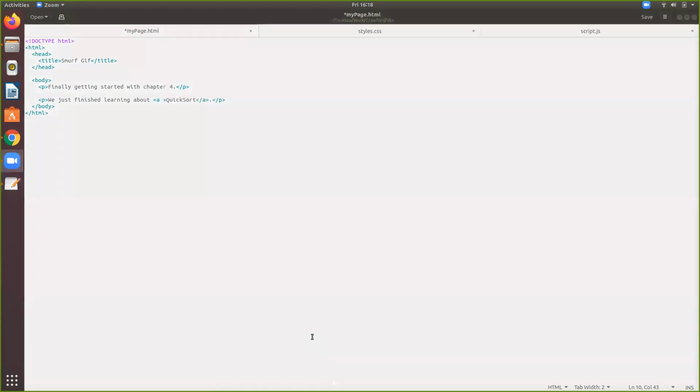We say href. So inside the A tag, the first part of the A tag, not where I've written QuickSort. That's the title. Inside the A portion, I'm going to say href